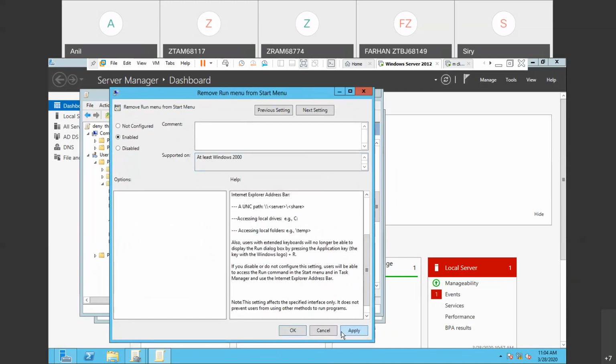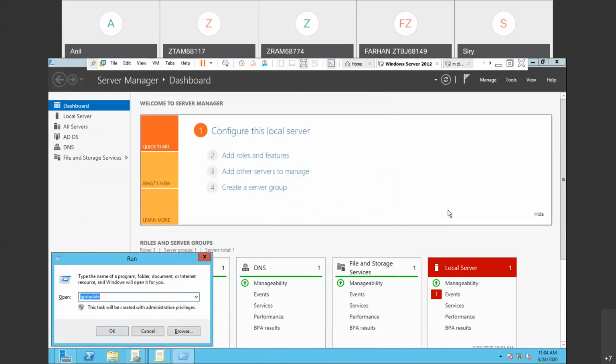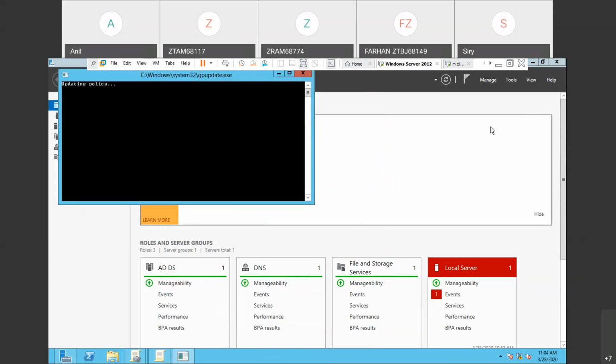So now I have done this on the sales. Who are the sales users? S1 and S2. So this policy should be applied to them. Now they cannot open the run also. I did not do it on the domain because the administrator will also be locked. Again, we would need to go there and